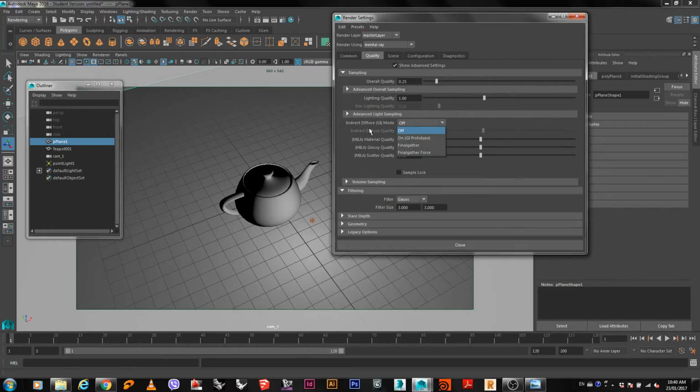So when you do indirect lighting in any rendering engine, it will turn on this physical rule that any light that is in the scene will be bouncing on and off from different surfaces and cause your object to have lights from different sources, not just one direct one. So again, here you have different choices to make. Simply you can say on, and then it will be on GI prototype, which is a very good and a strong